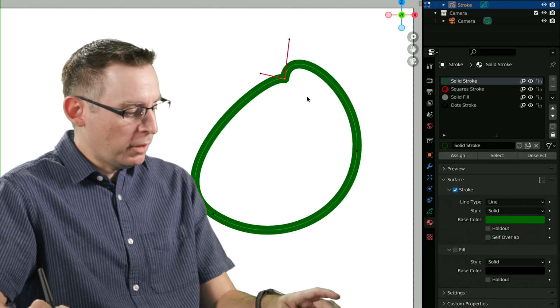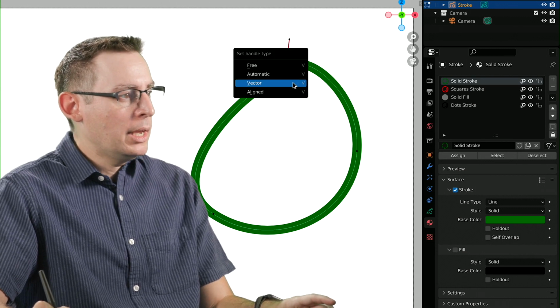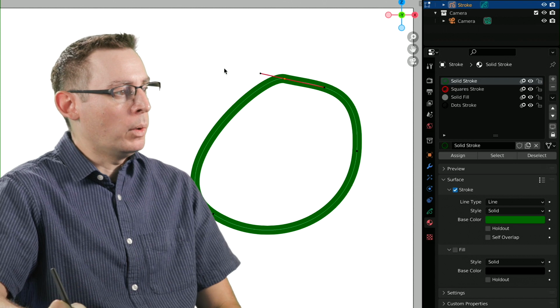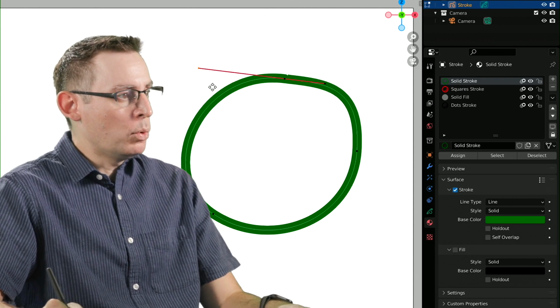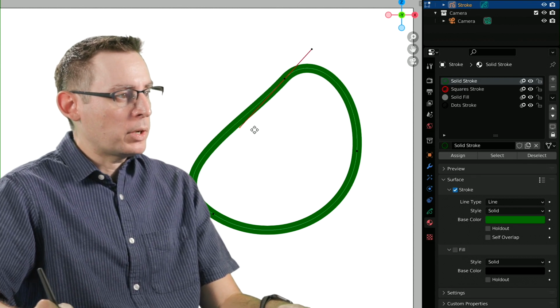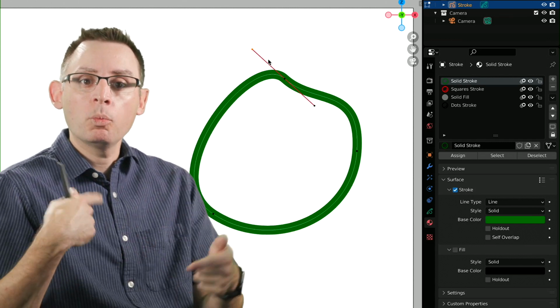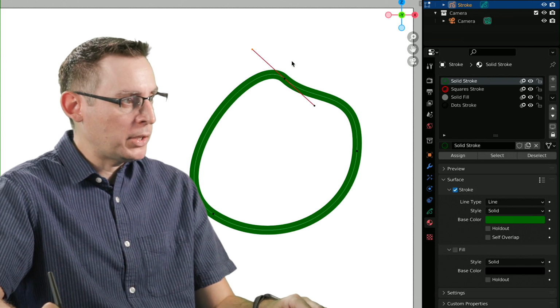Let's do it one more time. I'm going to hit the V key with that center point selected. And now I'm going to go back to aligned, which is going to get us back into that single paddle, if you will. So now as a straight line, they move together as a group, which is pretty neat. So we always have the ability to change the handle type. It's never set in stone. We have that functionality built into the system.